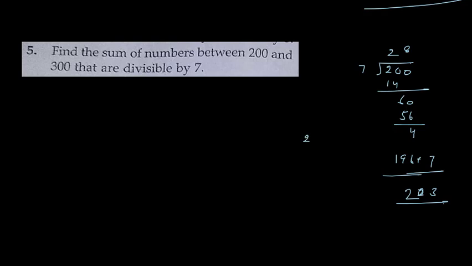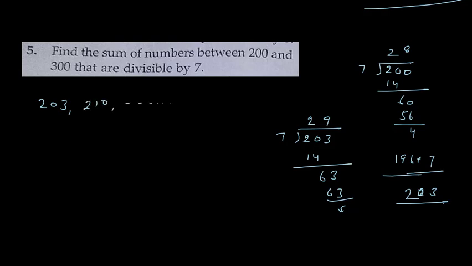Now to make sure that it is divisible by 7, just to check, 7 times 9 is 63. Okay, so it is completely divisible, right? So we will start with 203. 203 will be the first number, then there is a gap of 7, so you add 7, so you will get 210, and you have to continue